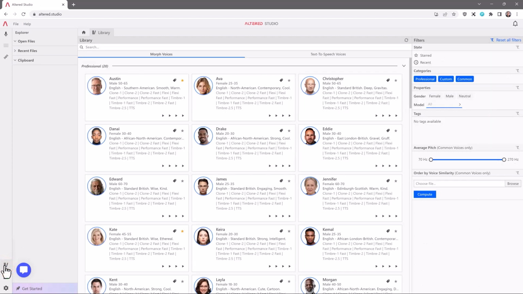Here's where the library of voices are, and these are the high quality voices here, so I'm going to use